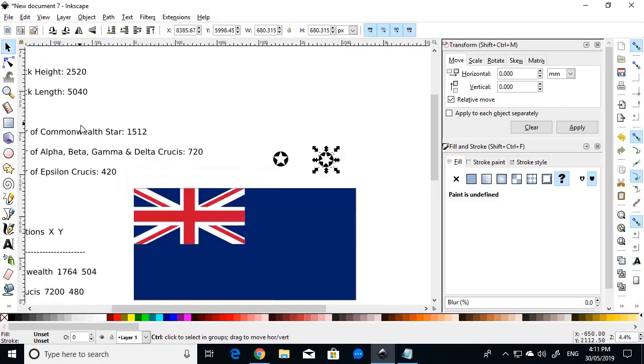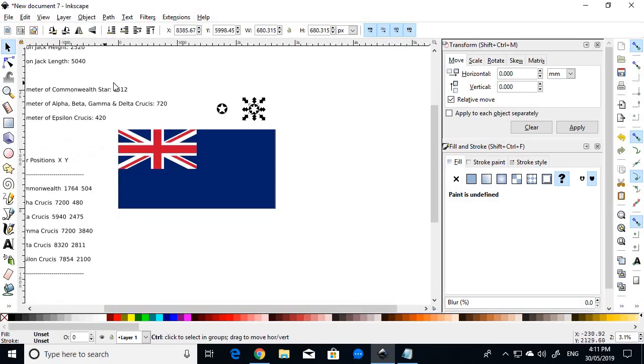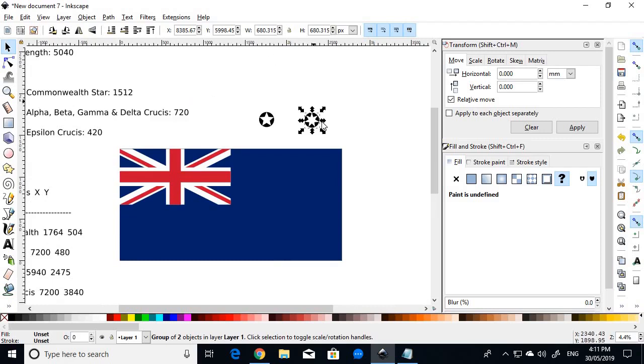So here you can see it says the diameter of the Commonwealth star is 1512. So we will give that star a width of, and remember, we are just selecting the object, which is a group of the star and the circle that it's inscribed in. And like I said, it's very important to keep the circle because all of these measurements are actually based on positioning the lower left corner of that circle, which inscribes the star. I've actually done calculations which convert the star center specifications in the original flag specs to bottom left specs, which